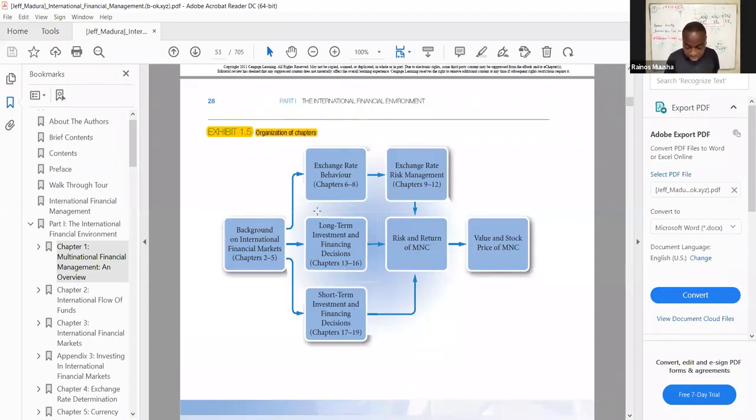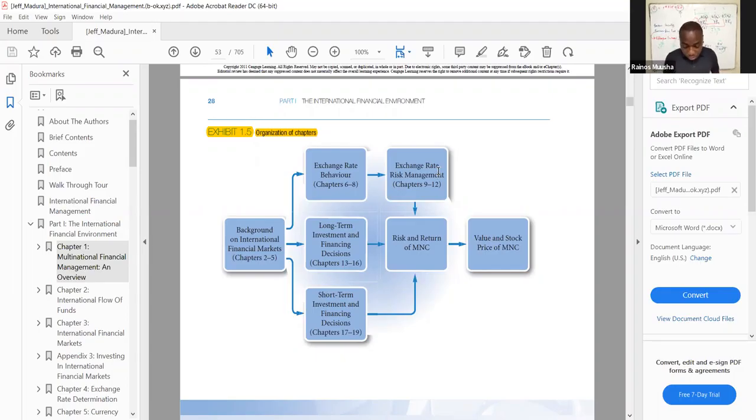Then chapters 13 to 16 look at the long-term investment and financing decisions. And chapters 17 to 19 look at the short-term investment and financing decisions. Then also, after looking at the exchange rate behavior, we have chapters 9 to 12, which look at exchange risk management as well. This is where we're looking at the different risk exposures for a multinational corporation, and how you mitigate these different risk exposures, for example economic exposures, translation exposures, and transaction exposures as well. So it can be translation, transaction, and economic exposures, and what are they, and how do you mitigate them